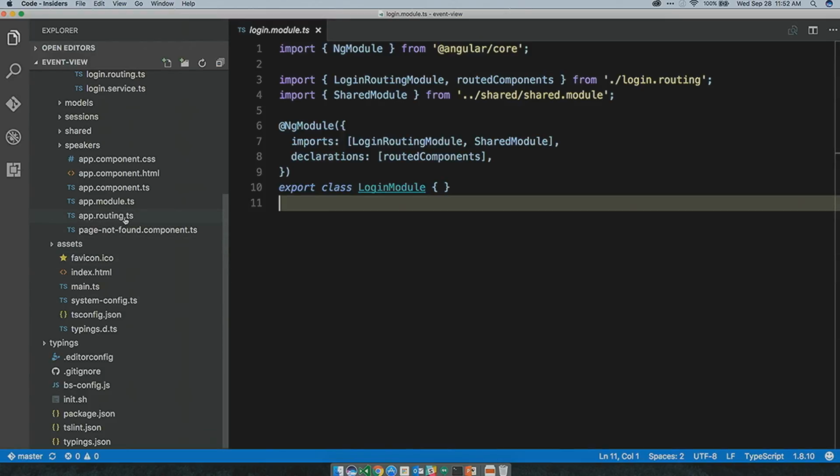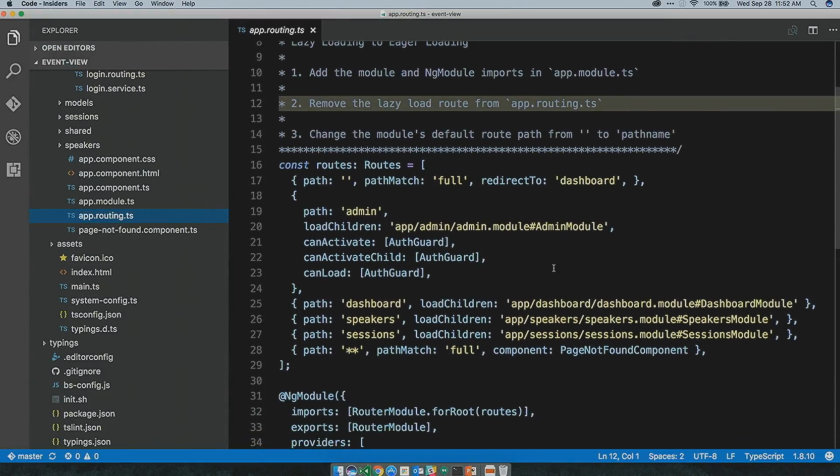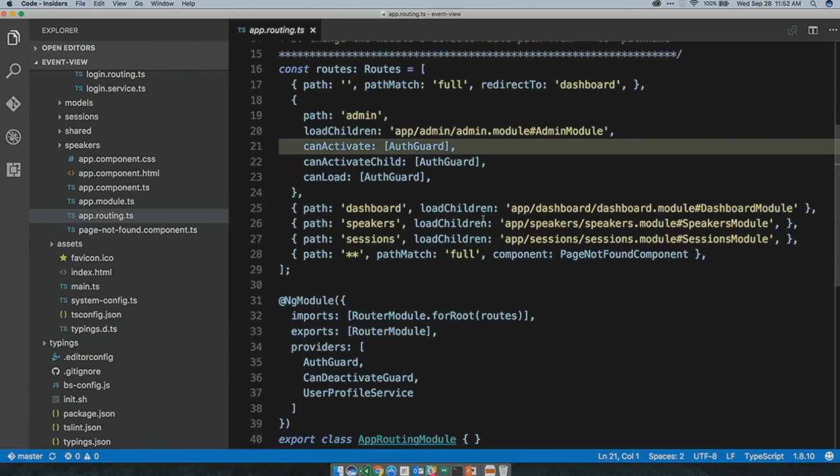The lazy loading, I'll show you examples here. What you do is you say, when I go to dashboard, load children, and you point to a string that points to the module that contains the thing you're going to lazy load. It's got to be a string, because if you import it with a symbol, it's going to import it and eager load it. So you have to give it the string name of that, and then use the hash sign to tell it the name of the thing inside of it that you want to load.